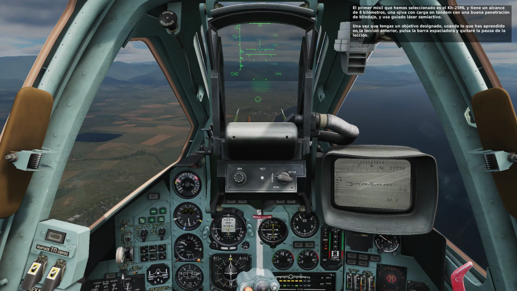The first missile we have selected is the Kh-25ML and it has a range of up to 8 kilometers, a tandem warhead with good armor penetration, and it uses semi-active laser guidance. Once you have a target designated, using what we learned in the previous lesson, press the spacebar and I'll unpause